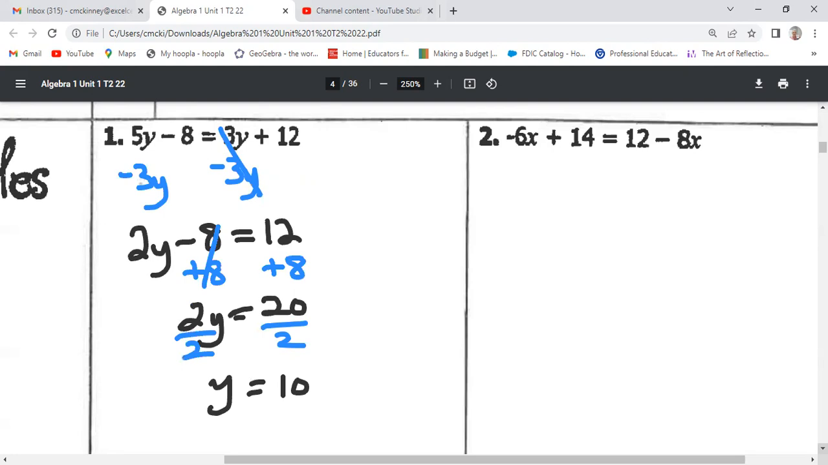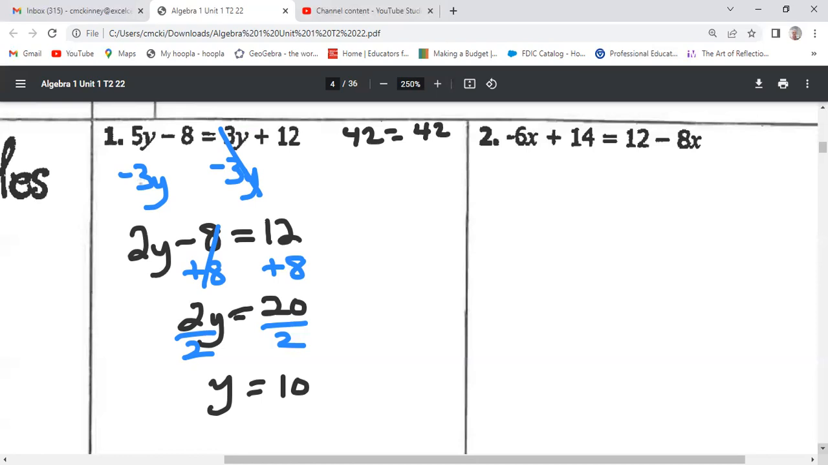5 times 10 is 50. 50 subtract 8 is 42. 3 times 10 is 30. 30 plus 12 is also 42. So the same still applies. I won't continue to do all the checks, but you can check your work. You just make sure you put it in, replace both the variables with that value that you have as your solution. So for number 2,